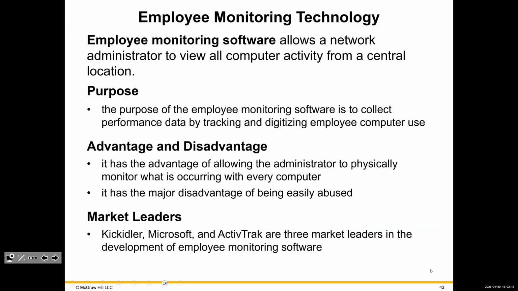And then we have employee monitoring technology. So here, what we've done is, this has actually saved me a few times in business when I was a CFO, because I was able to mirror the computer of a person I thought might have been doing things they shouldn't have been doing. And then the person thought, well, this is my computer. No, it isn't. It's a company computer. And when you sign to actually be an employee, you sign that you're going to adhere to all the policies. And nobody really reads all of that. But usually there's a lot of attorneys, and companies pay a lot of money to make sure that we can spy on you, so you can see what you do.